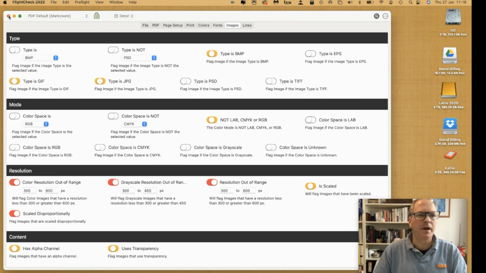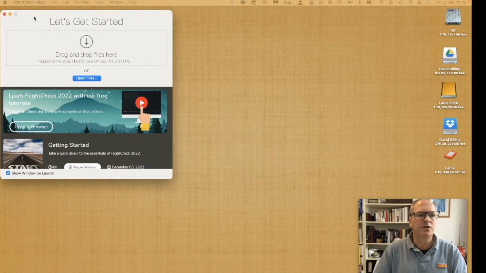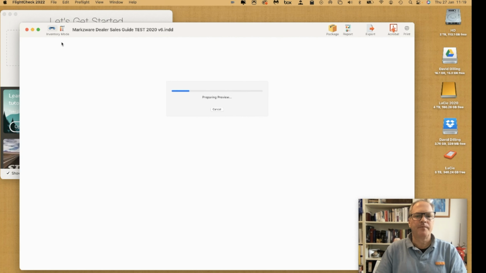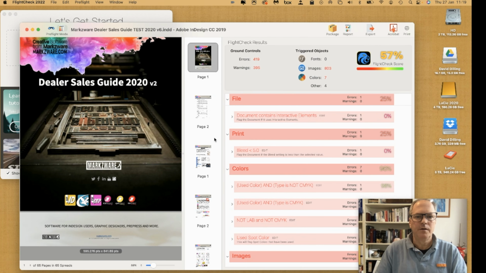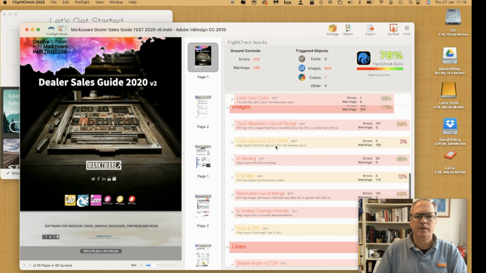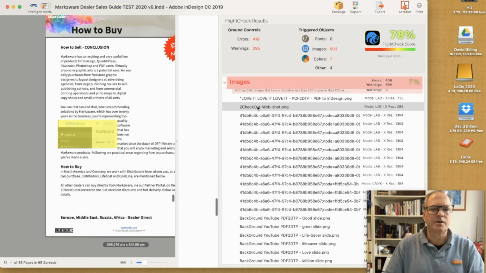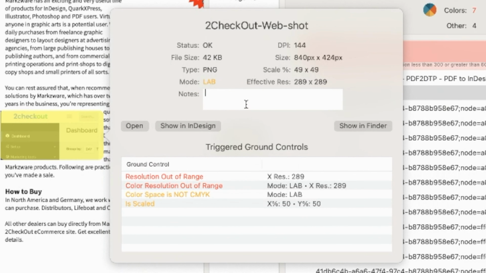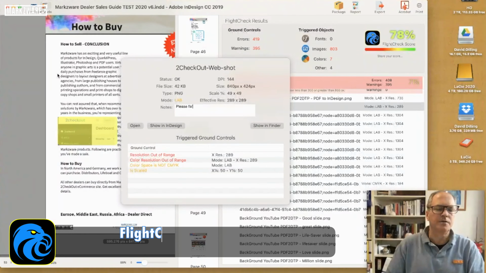You set those up, and then when you check a file, we take back our main start window here, and if we take that page layout InDesign file. I guess first the preview here, the thumbnails, and now we can see all the pre-flight errors over here. So we can see right here, and it will take us, if we click on it, right to where the problem is. We can leave notes, please fix, and that will show up in our reporting process up here. So very, very handy